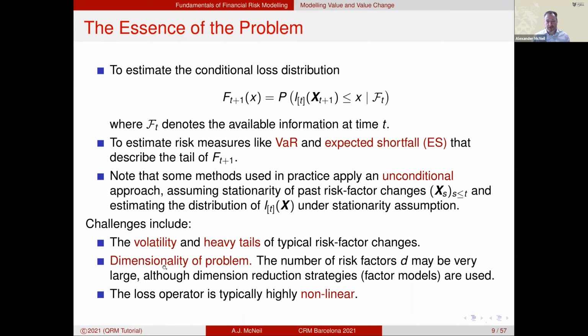There are also lots of them. So you have many risk factors. And another topic that interests me is dimension reduction in factor modeling as applied to trading book modeling. So often the dimension is reduced by the use of factor models, but I won't go into that today. And this function is also very non-linear because of the fact that the trading book contains derivative products. It's not a long only or even long short equity portfolio, which would be quite linear, but it is a very non-linear function of the risk factors.